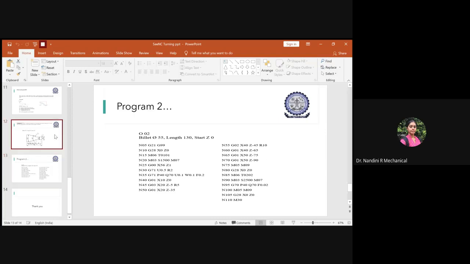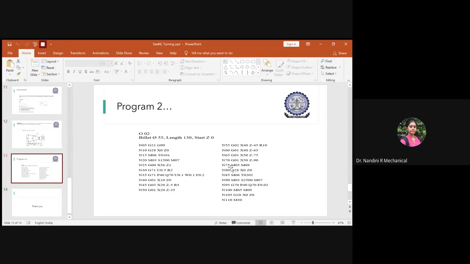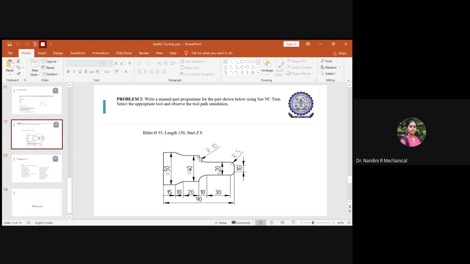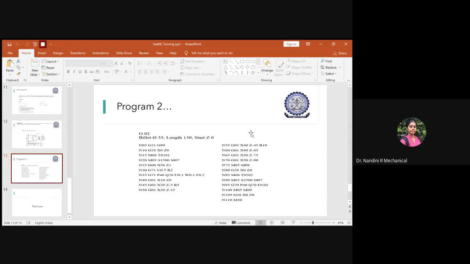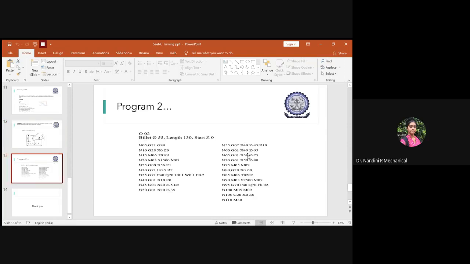So by this, now the tool is at this point. Again, you have to go for the next step. What happens in the next step? So here, after you reach this arc done, we have a linear interpolation. Due to this, you have to write the code as G01. So after writing G01, you see any changes in x coordinate? No, it is retaining the same dimension of 40. The vertical height is 40, so x remains 40.